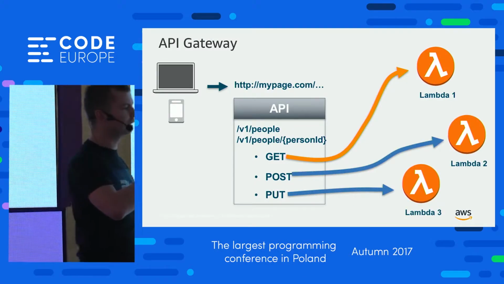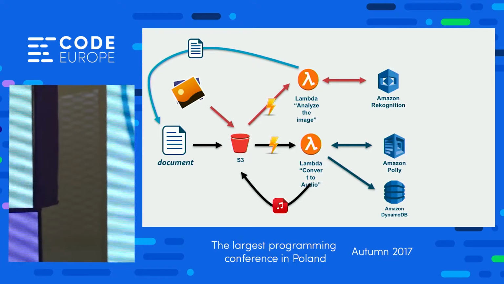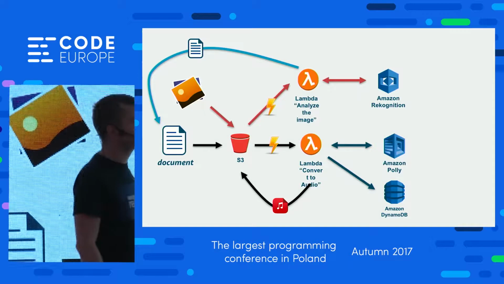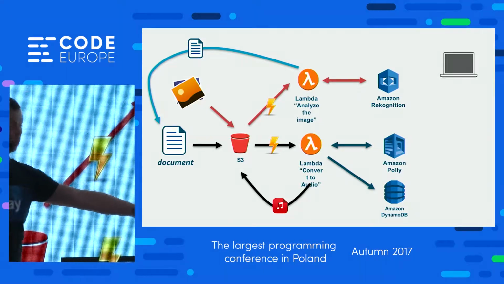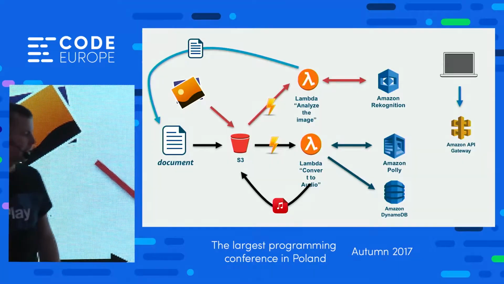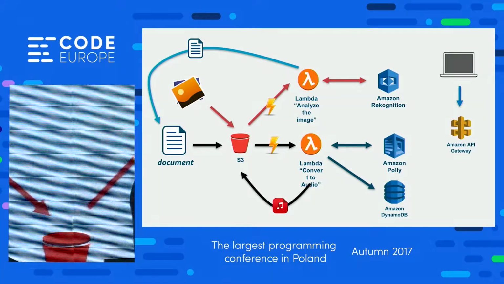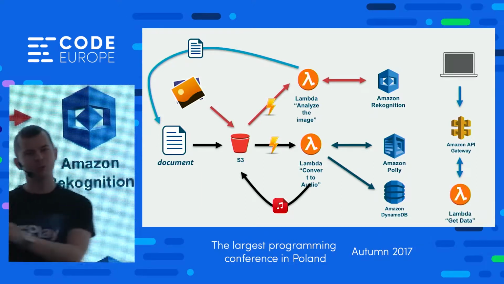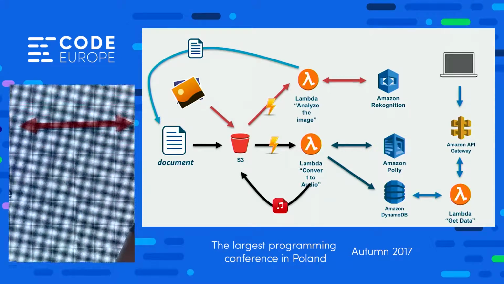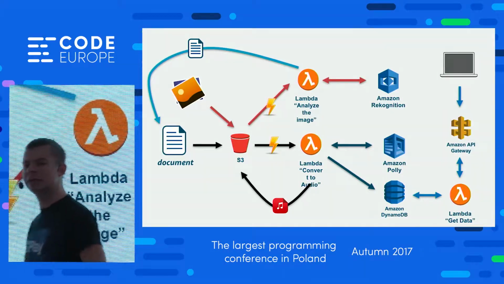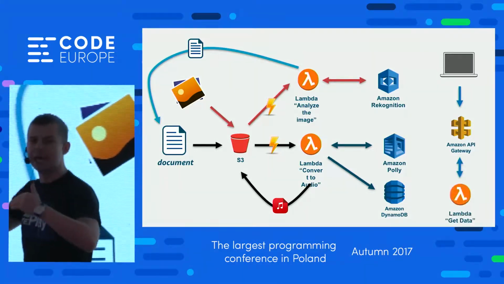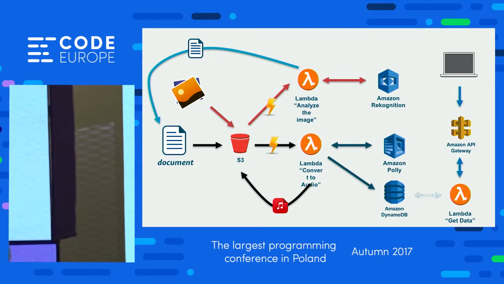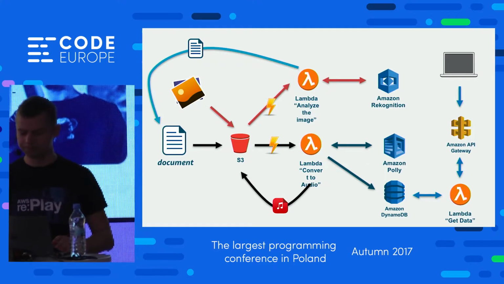So how we will want to extend our application now is that we want to use a browser to be able to listen to the audio files which we have converted. So we'll use API Gateway, and we'll create a Lambda function which we'll call getData, which will be connected to DynamoDB. And in short, it will be working like this: here I will provide the name of the file which I already have converted. It will be sent to Lambda. Lambda then will look in DynamoDB for the item with this name, and then it will get the audio file, and it will send it back to the user. So let's try to build it.